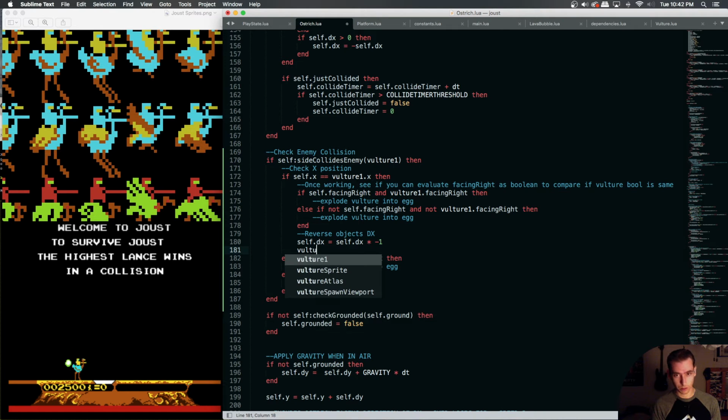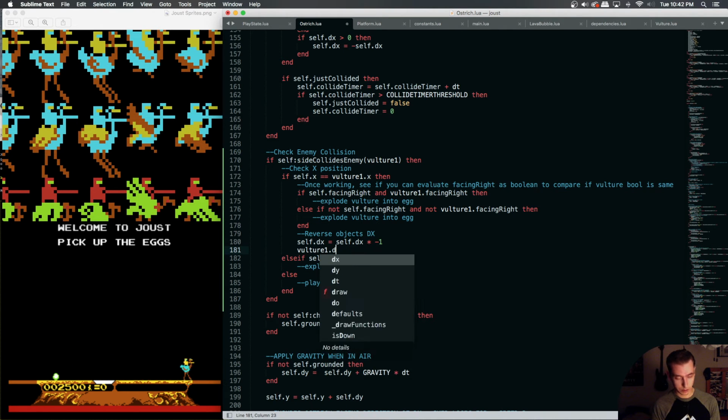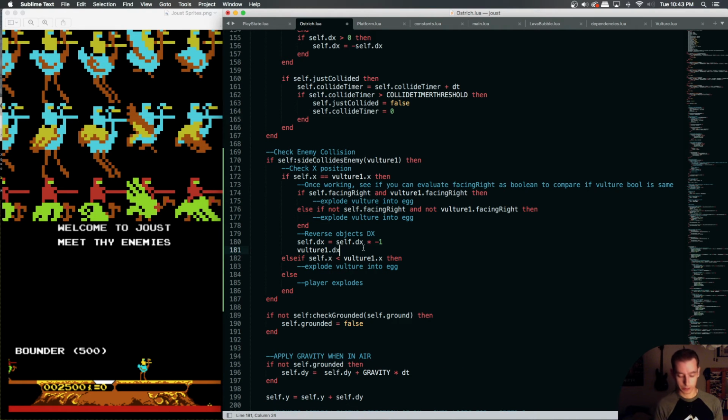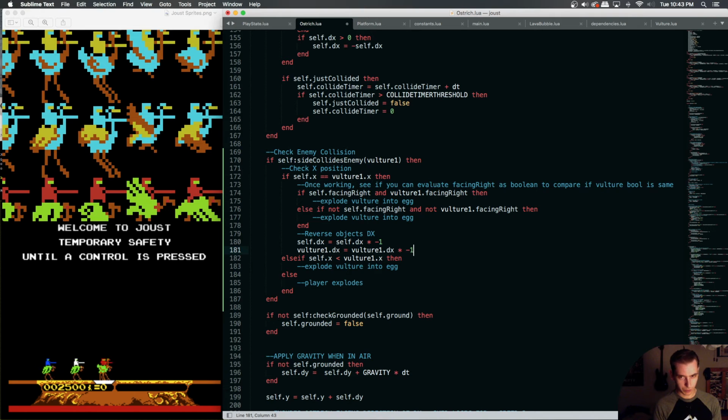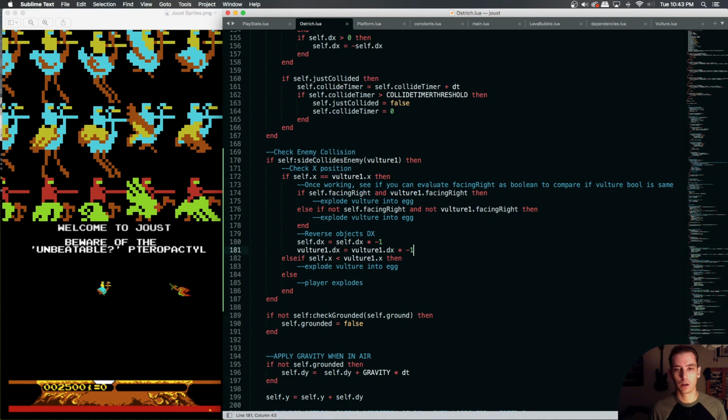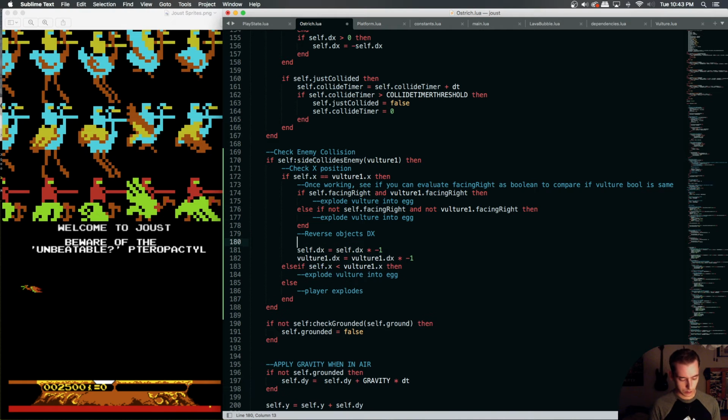And we should turn our vulture's dx, and the vulture has a dx as well. Vulture's dx gets its current dx times -1, but we also need to do one more thing. We need to reset our x position so that they're not colliding. So we need to say self.x gets,